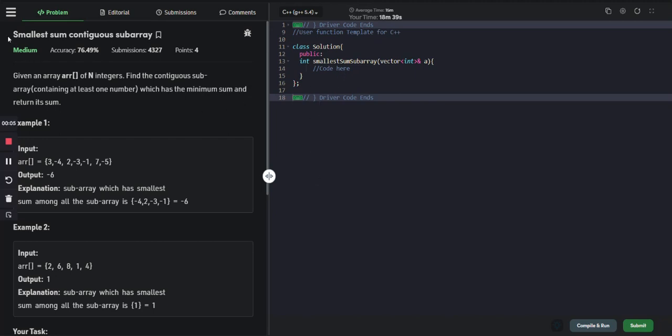So today's problem of the day is smallest sum contiguous subarray. The problem statement is as follows: we are given an array ARR of n integers. We need to find the contiguous subarray containing at least one number which has the minimum sum and return its